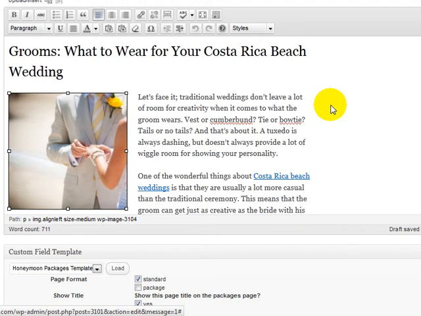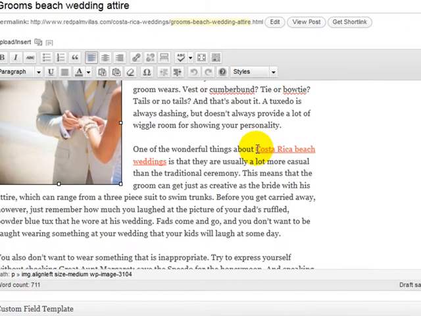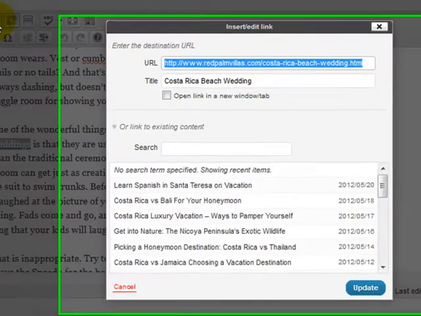Tip number 5 is I like to include 1 to 3 internal backlinks. Now, an internal backlink, if you're not sure what that is, is basically just a link to another page in your website. As you can see, this is a link right here, and what you do to do that, if you're not familiar with this, is after you've posted your article in WordPress, you basically highlight it, and then you go here where it says Insert Edit Link,